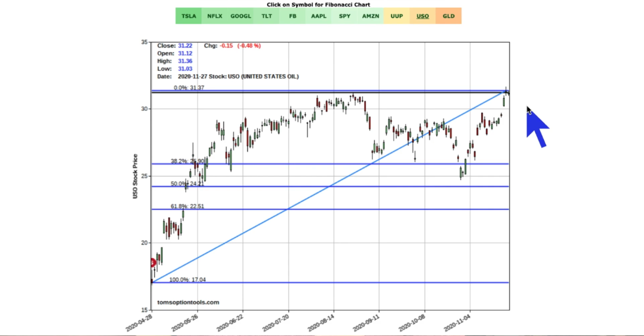Where do we go from here? Well, in this case, we've recently taken out the Fibonacci range, and now we expect to see USO at least trend higher. I still believe that once we get past the holidays, and if we do get a continued surge in COVID-19 and we start to see cities lock down, that will be bearish for USO. But right now, just looking at the charts and the technicals, new highs. Right now we see no resistance when we're looking at this 6-month fib level chart.